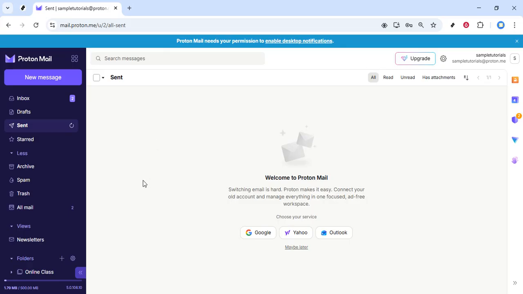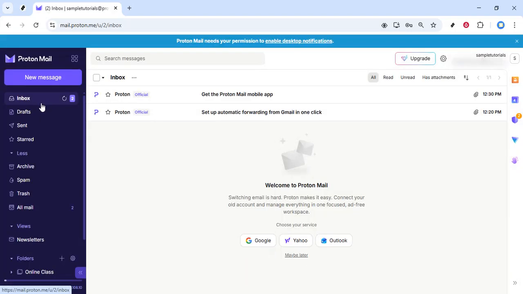After you've signed in, you'll want to make sure you're looking at your inbox. Usually Protonmail opens directly to the inbox by default, but if it doesn't, look for the inbox option in the navigation menu on the left side of the screen and click on it. This is where all of your incoming messages are stored, and it's the starting point for deleting any emails you